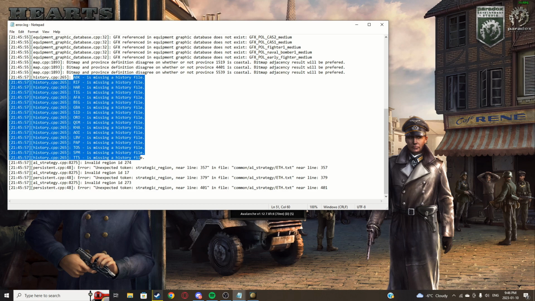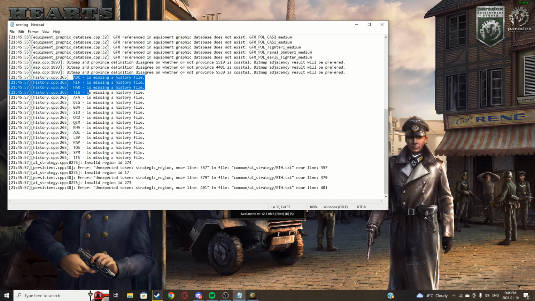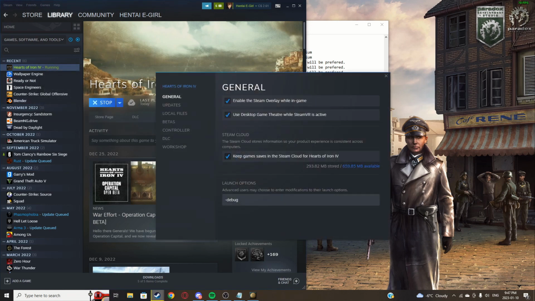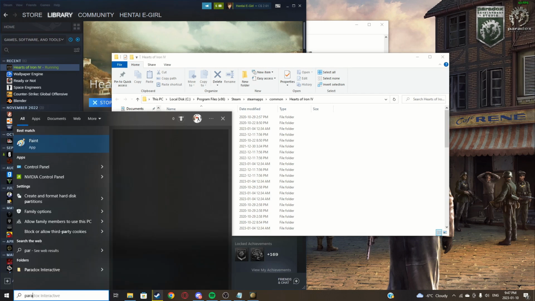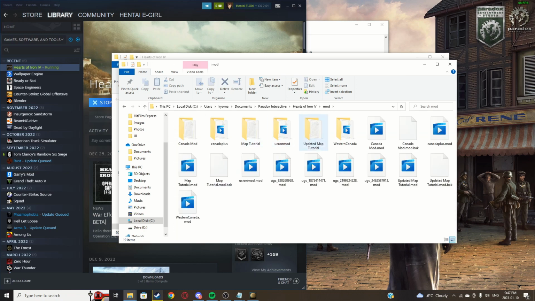If you're using the most updated version of my custom map tools, you might not have these issues. But if you still have these issues, I'll just show you how to fix them real quick. So, also, make sure you're in debug mode, of course. Just right click, game, manage, browse local files. Then also search up Paradox in your bar, or you can just go to Documents and Paradox Interactive. Click Hoi4, mod, your mod,